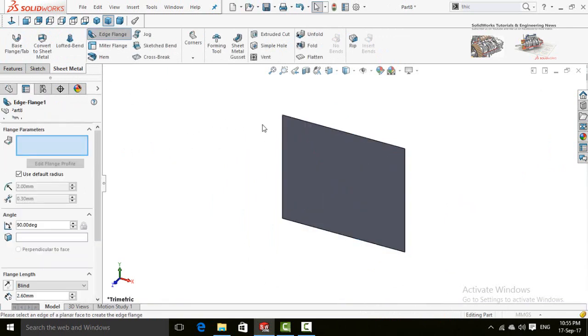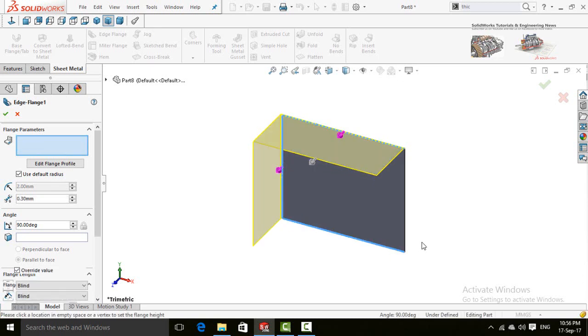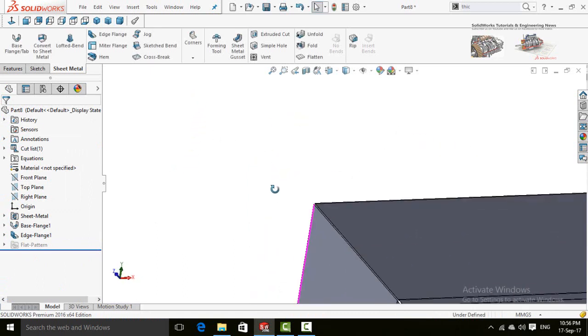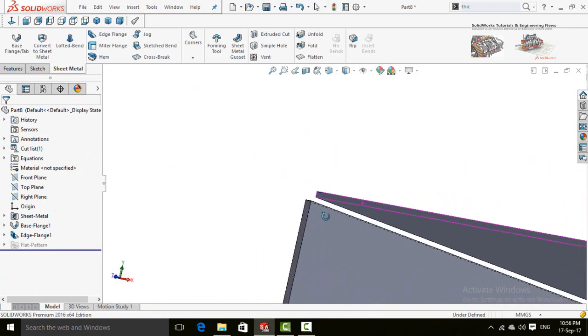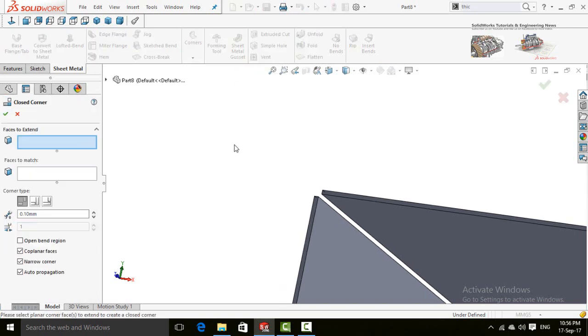Now select edge flange command, this edge, this edge and this edge. Press OK button. You can see here is the rip. So drop down this corners options. First option is closed corner. Select it.